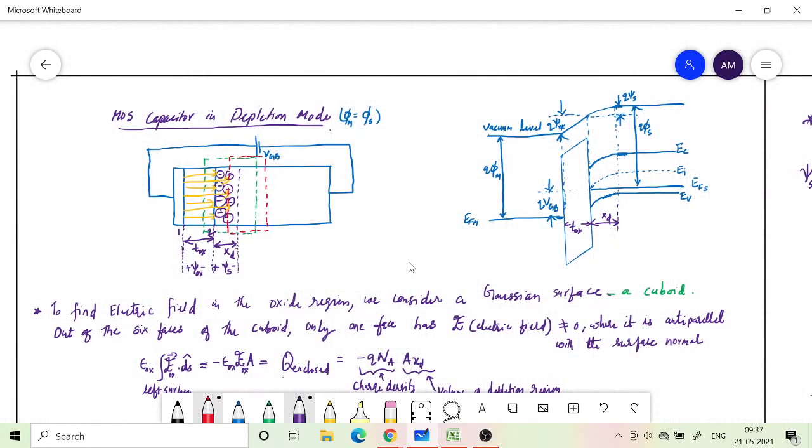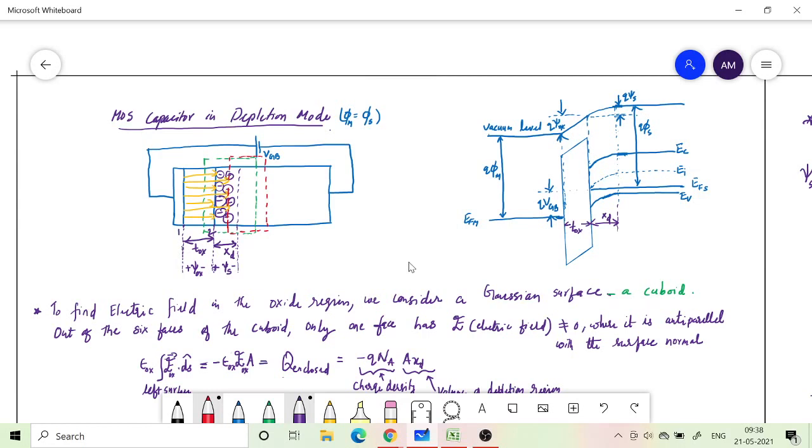So it's a continuation from the discussion in the last class. What I told you already is the energy band diagram: how do we draw it when you bring together metal, oxide and semiconductor region, and we have taken the case of the work function being the same for metal and semiconductor, and also what will happen if they are different.